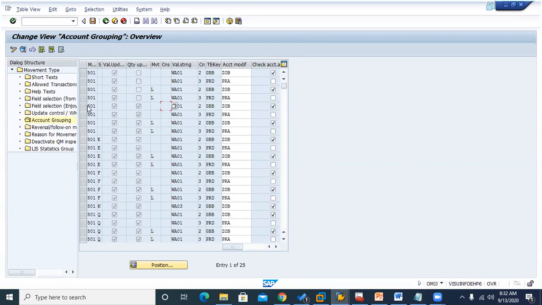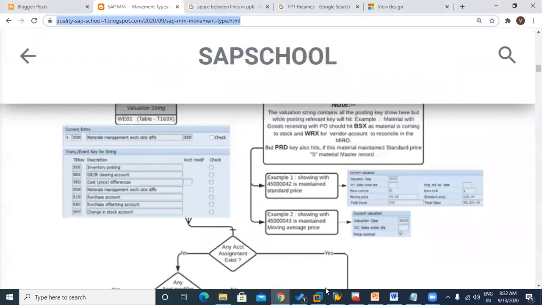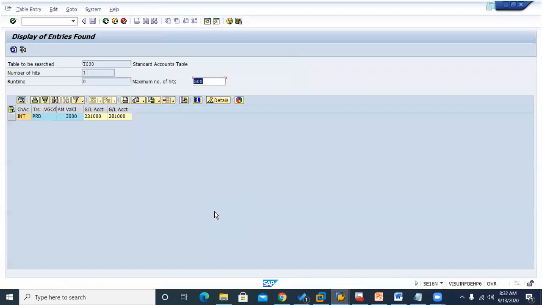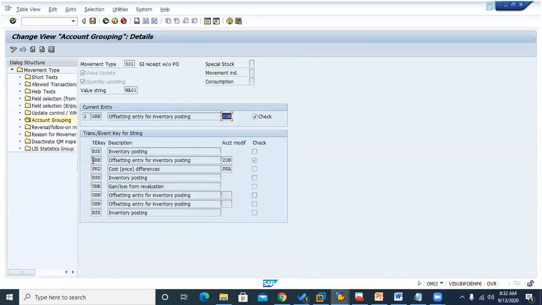So definitely you can see this line it will take for WA01. The first one is WE01. Now is WA01. If you double click inside, there will be a GBB, containing ZOB.